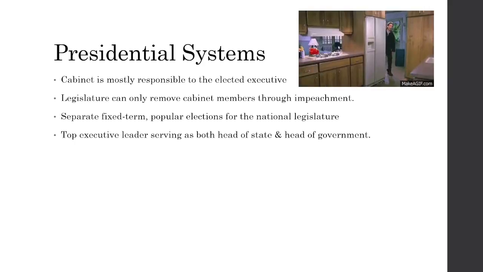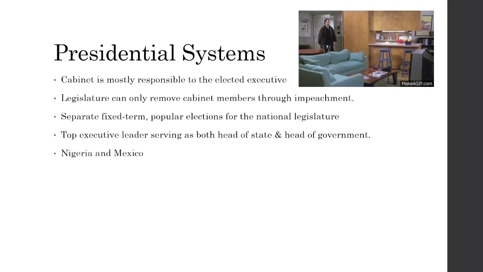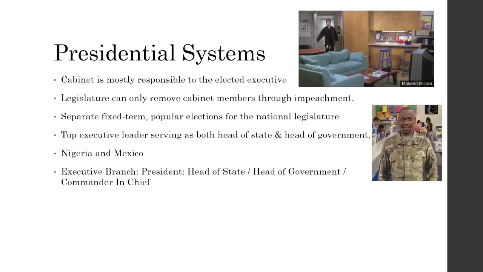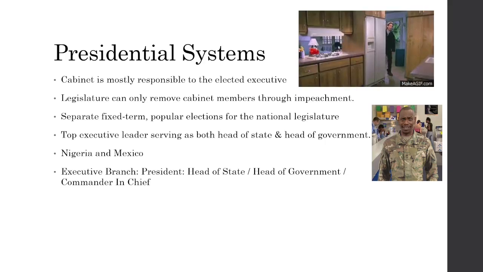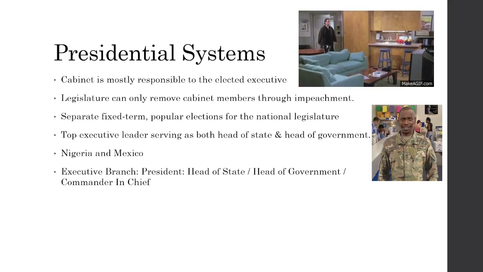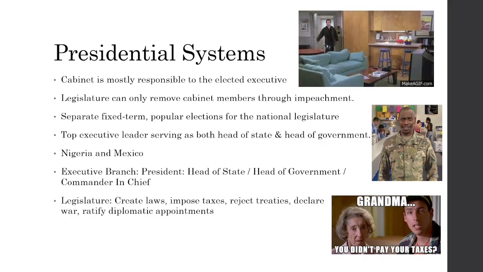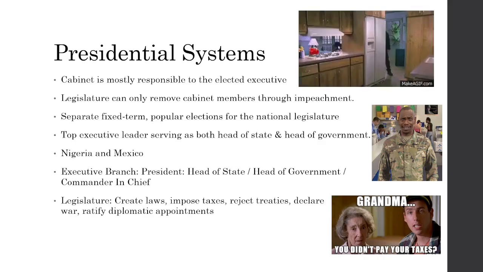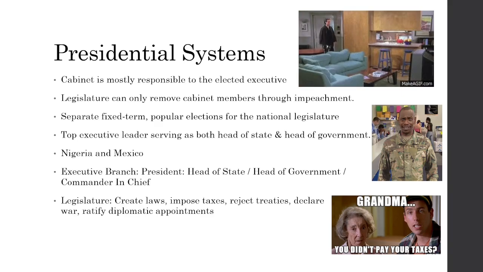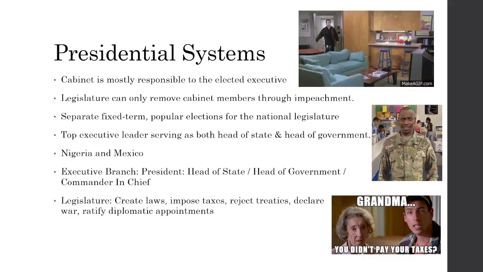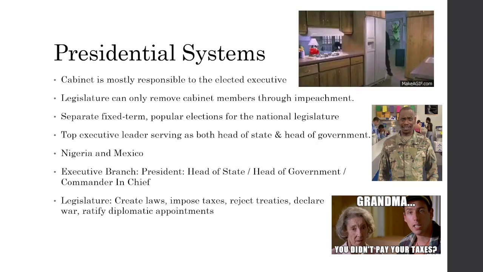Same thing in the next system we're talking about, a semi-presidential system. And in our course, that's Nigeria and Mexico. So the executive branch consists of the president, who is the head of state and the head of government, and is also the commander-in-chief, which is the head of military service. The legislator's job is to create laws, impose taxes, reject treaties, declare war, ratify diplomatic appointments, which is foreign country cooperation, essentially. So they have their own functions, and the executive branch has their